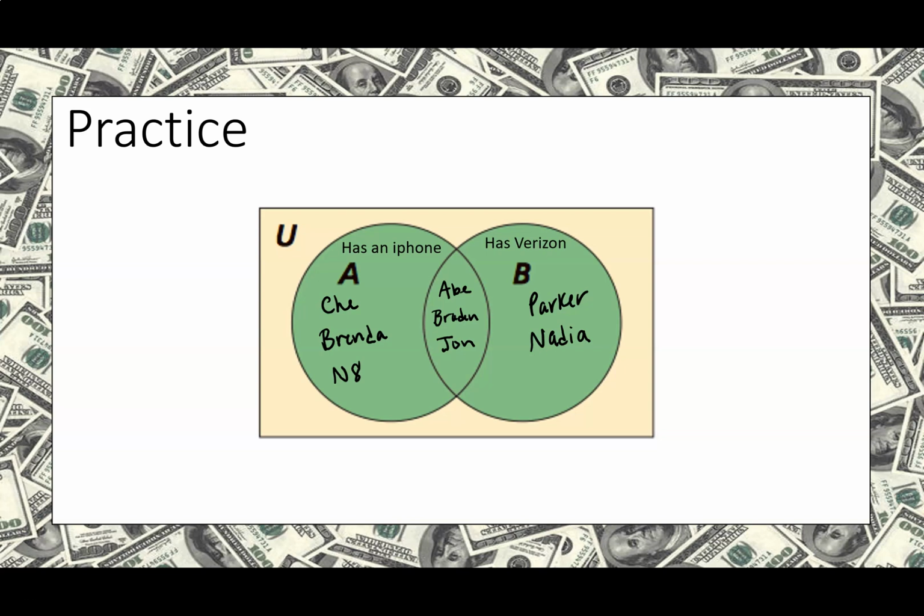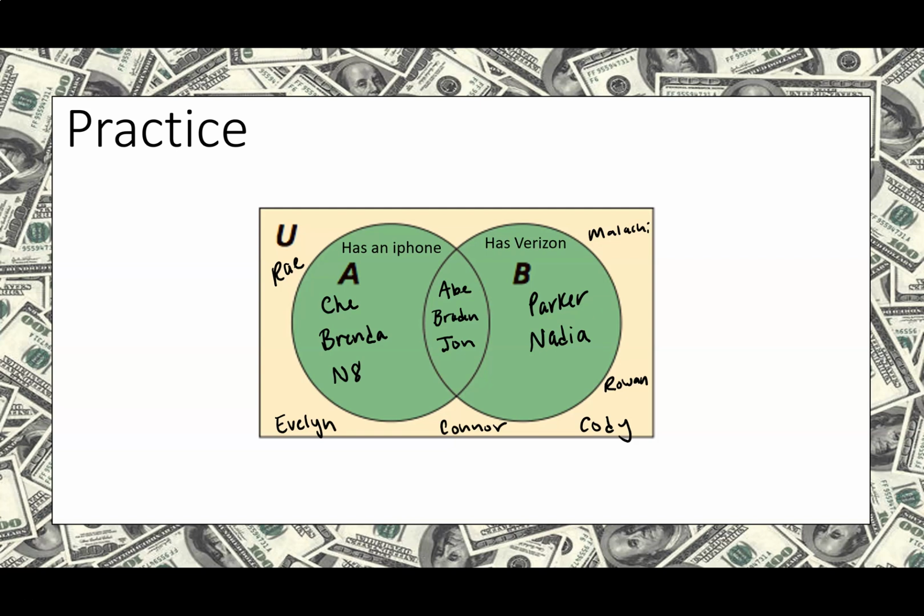Now you might notice that U stands for a universal set, which means everyone that's not listed in A and B. So Evelyn might be in this set, and we'll talk about what that means in a second. I have not listed Connor. I've not listed Cody, Rowan. Who else am I missing? Malachi, Rihanna. So what are these people, the ones in that light yellow? They represent the people that don't have an iPhone and don't have Verizon,